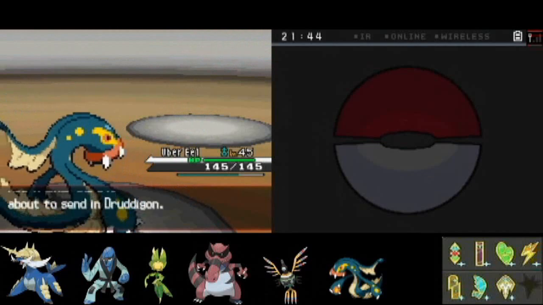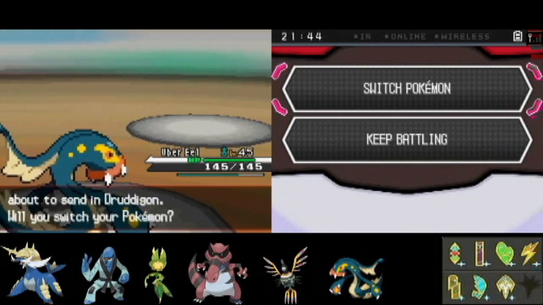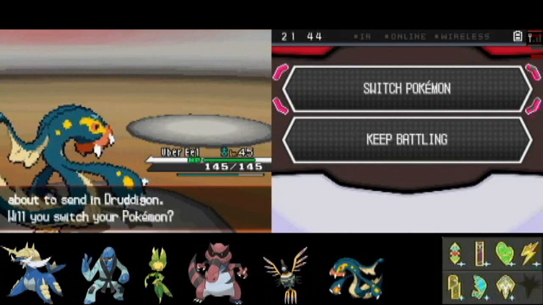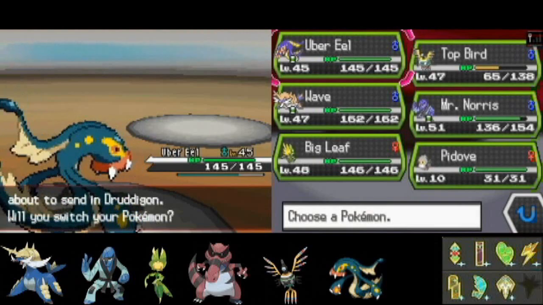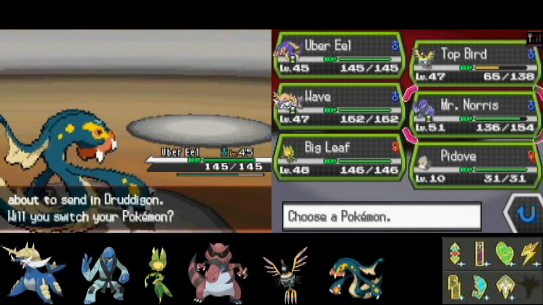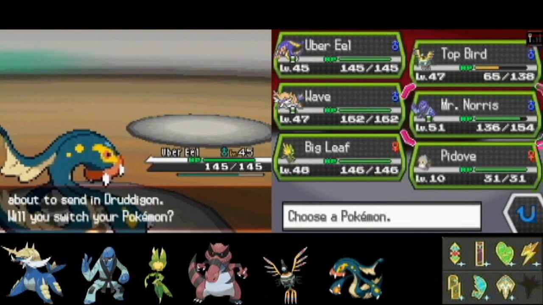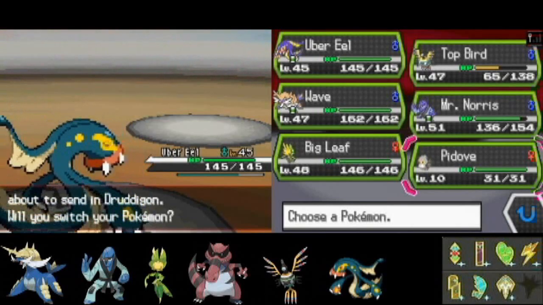At least I have something to counter here. Alright, now this is gonna be a problem. I think I only have physical-based moves here. And I can't send in my Top Bird. It's probably not going to survive whatever attack is gonna come out. I could just send in Mr. Norris. I'm pretty sure he can take whatever, so...